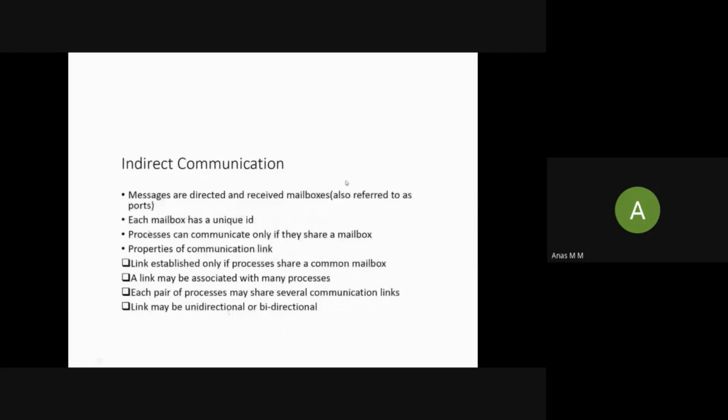But in the case of indirect communication, the messages are directed and received through mailboxes.